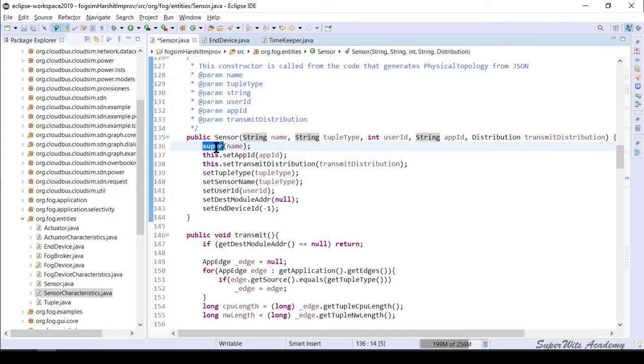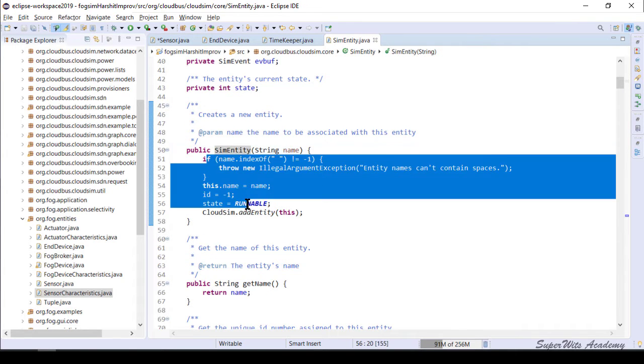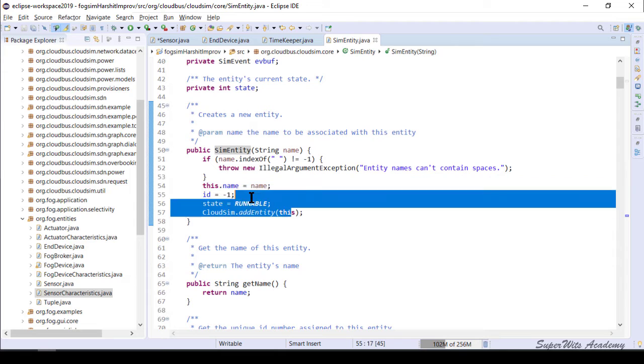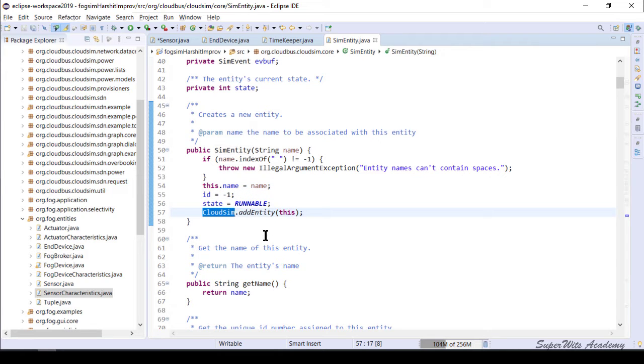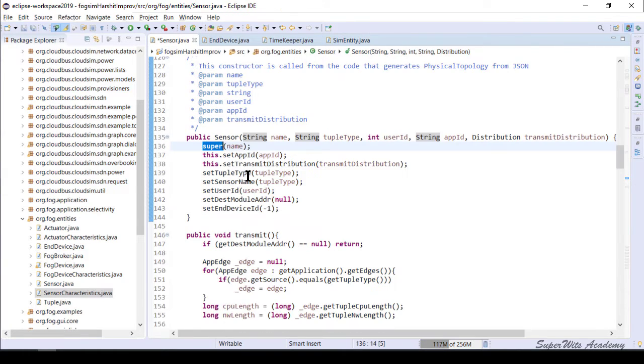So if we go inside the super class, we can see it is going to set up the name, and it is going to add an entity to the CloudSim. That means the base simulation engine is CloudSim here again, and the entity has been added to that. So overall, that is the purpose for calling this particular